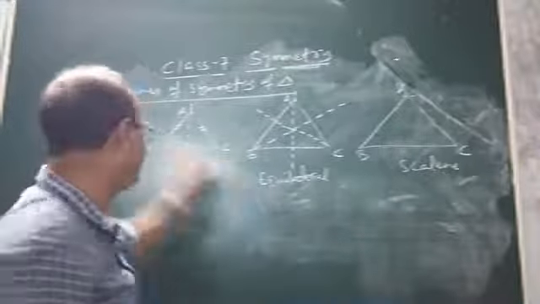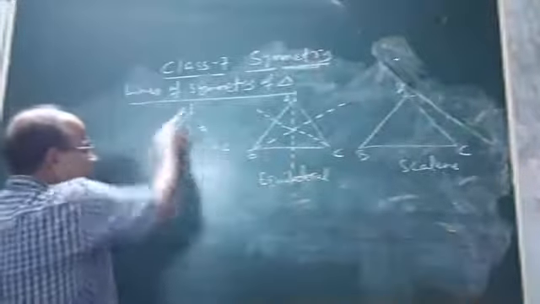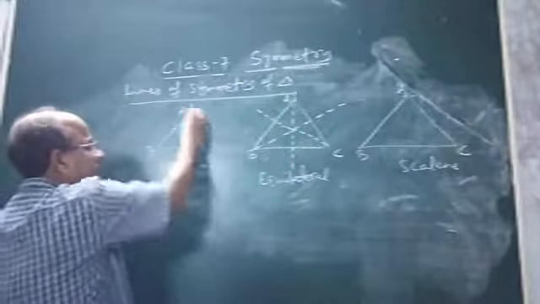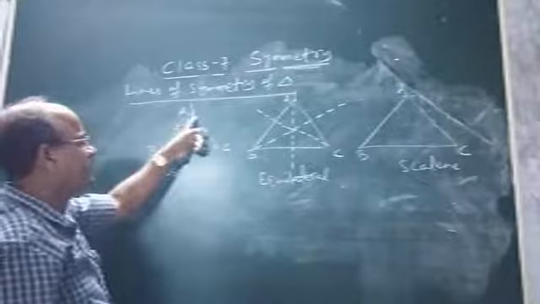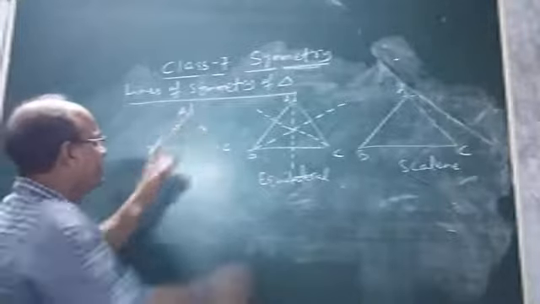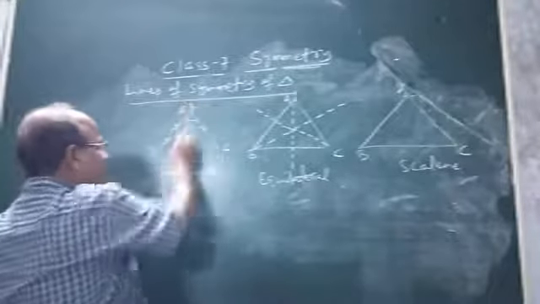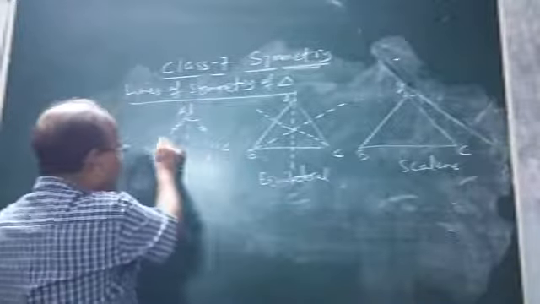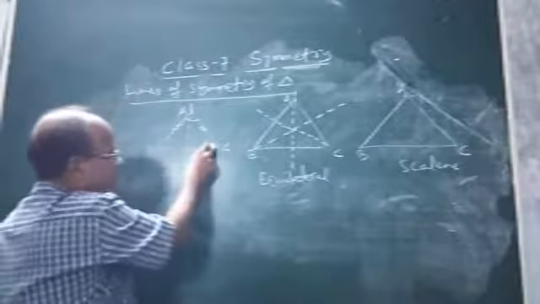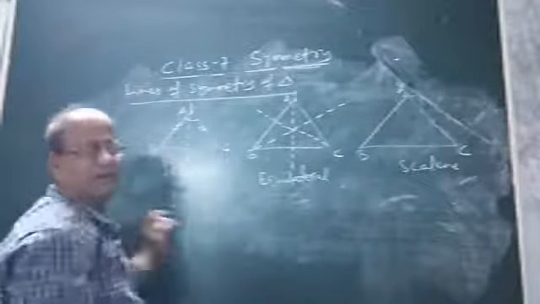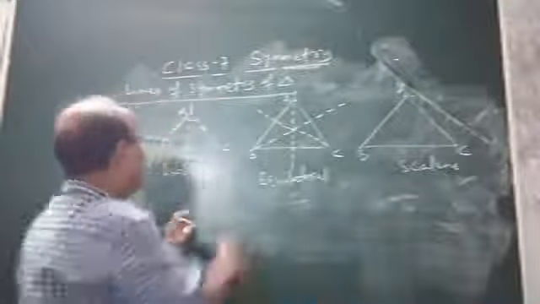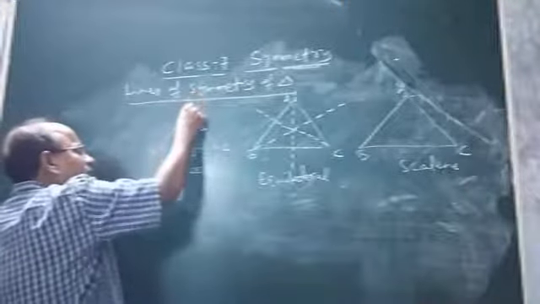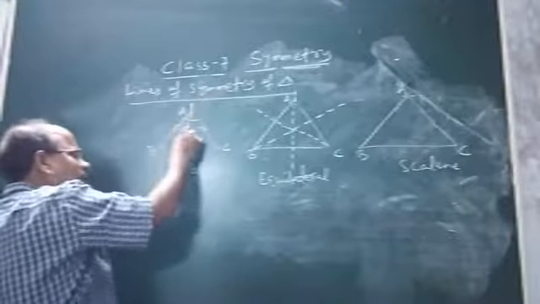Let us find out. See, children, if ABC is an isosceles triangle, suppose AB and AC are equal. Now look at the vertex A. This is vertex A. So this angle A is the vertical angle, and B and C are what angles? Base angles, you know it. Because BC is the base, angle B and C are base angles and angle A is the vertex angle or vertical angle.